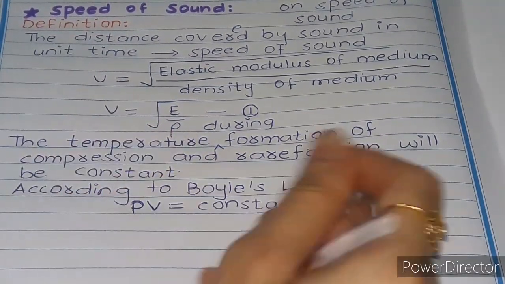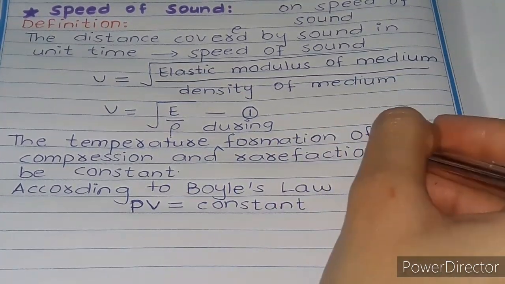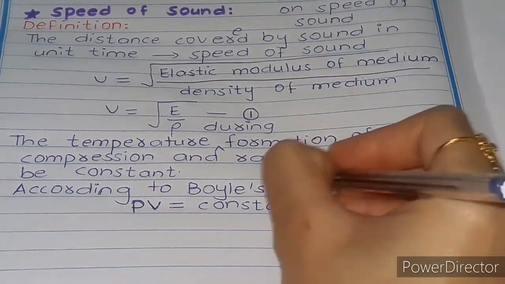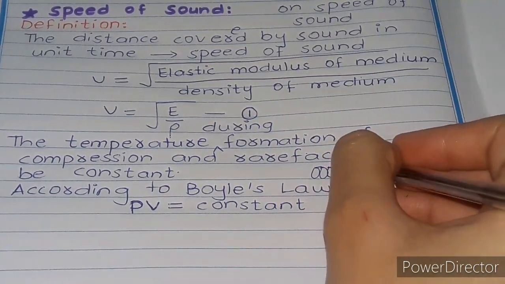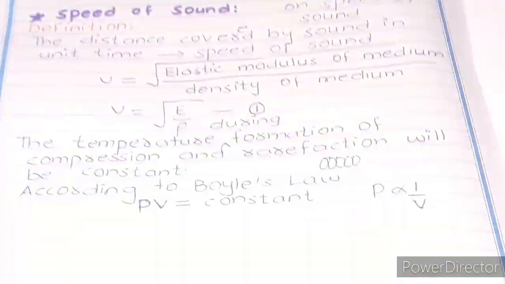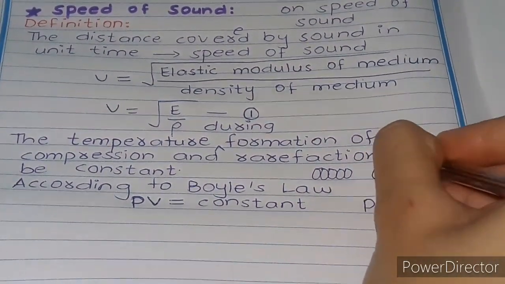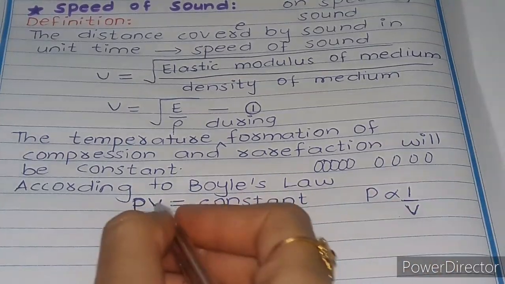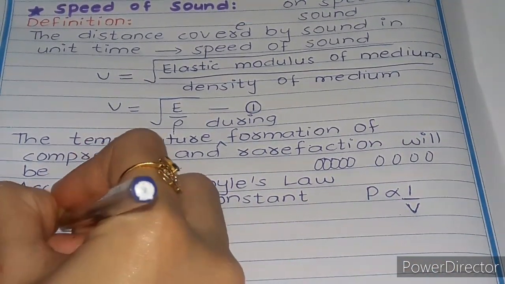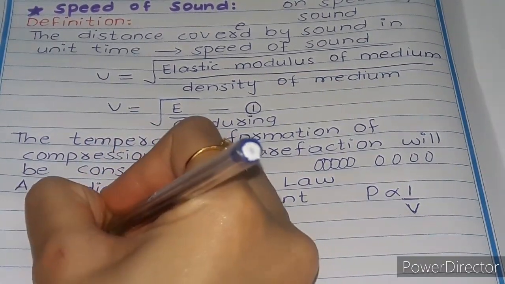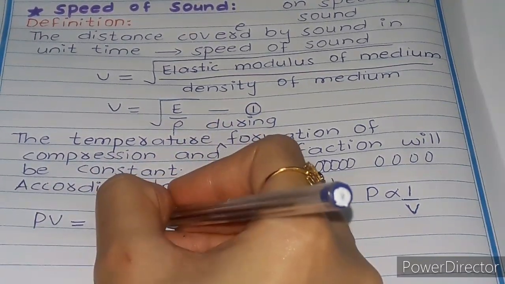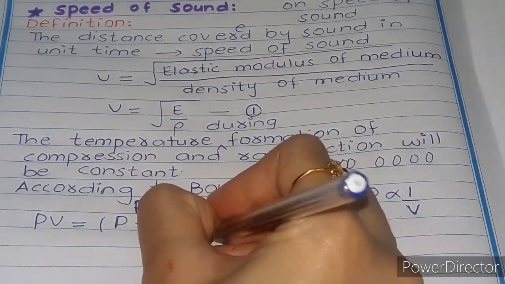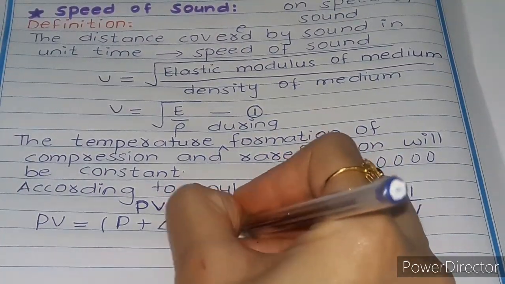So if we make some change in the compression and rarefaction, this is compression, very close to each other. When waves are very close to each other, it's called compression, and when the waves are very far from each other, it is called rarefaction. If we make some change in compression and rarefaction, then there is some change in pressure and volume, then PV is equal to P plus del P, and volume would be with a minus sign,